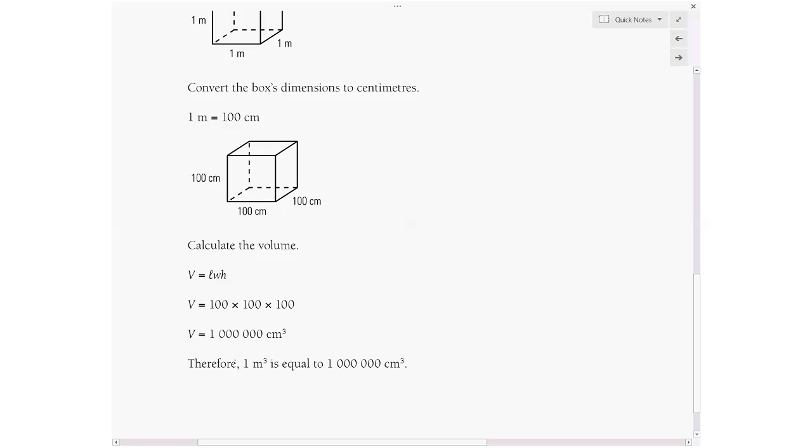And if we look at that, 1 meter cubed, how many liters would this be? So we know that 1,000 cubic centimeters is the same as 1 liter. If we had 1,000,000 cubic centimeters,